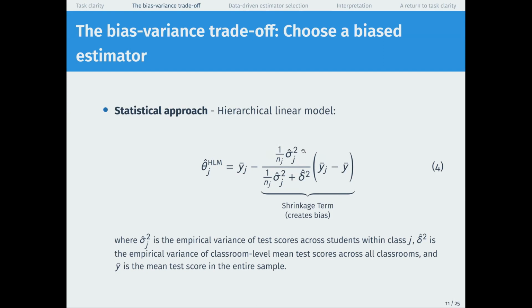So that's proportional to the amount of variance within classroom J divided by the sum of the variance within classroom J plus the variance between the classrooms. So basically, when there is a lot of variance within classroom J, so this term at the left is really big, and there's very little variance between classrooms, this term is really small, then we should shrink classroom J really far toward the grand mean y bar. And when there is very little variance within classroom J, we have a really accurate estimate of the score in classroom J to begin with. And so then we would want to have very little shrinkage.